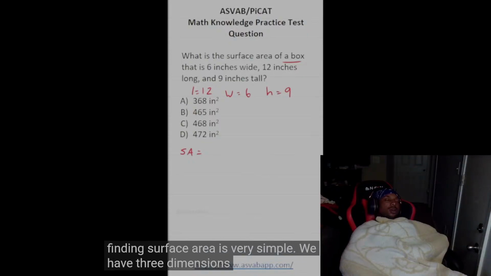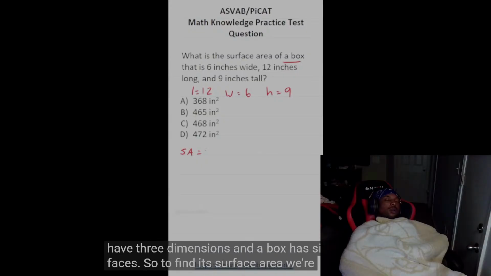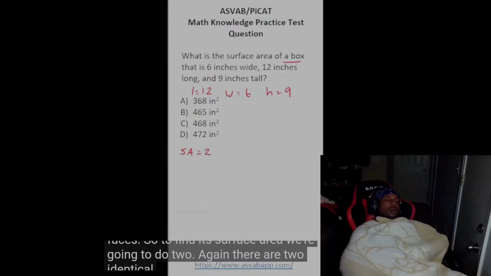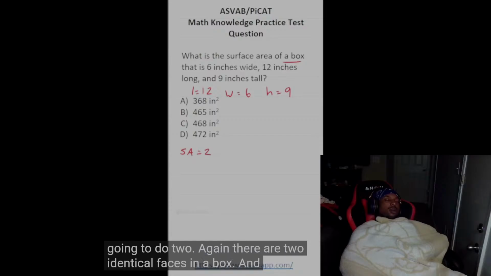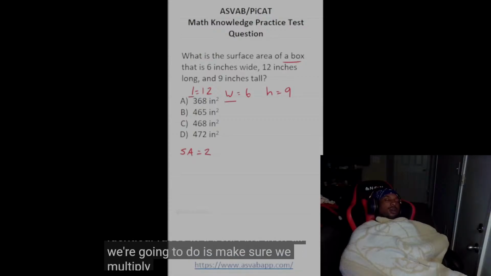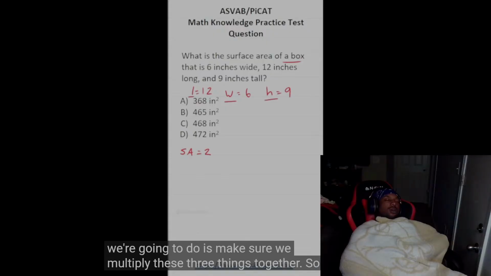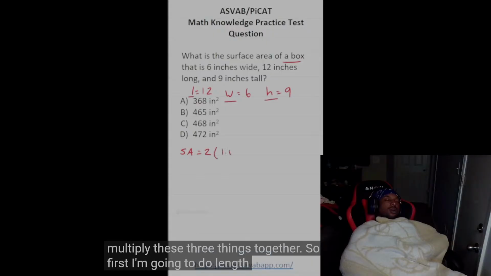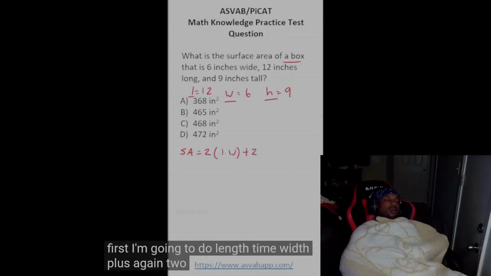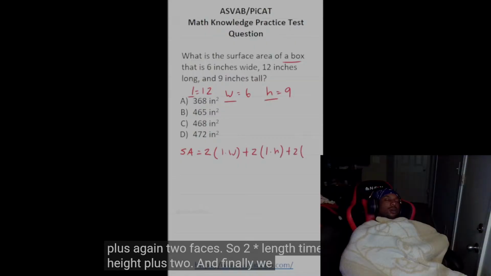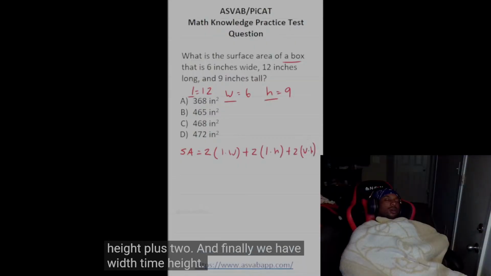We have 3 dimensions and a box has 6 faces. So to find its surface area, we're going to do 2. Again, there are 2 identical faces in a box. And then all we're going to do is make sure we multiply these 3 things together. So first I'm going to do length times width, plus, again, 2 faces, so 2 times length times height, plus 2. And finally, we have width times height. All right, so that